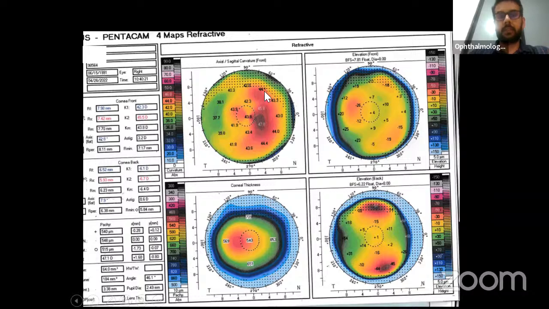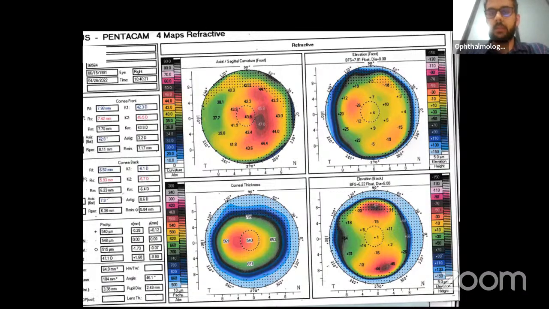If we divide the cornea into equal halves, maybe 90 to 270 degrees, you can see that this side of the cornea is on the steeper side, and this side is on the flatter side. That means 47 and 37, so that's about 10 diopter difference here. So we'll be moving to the next map,